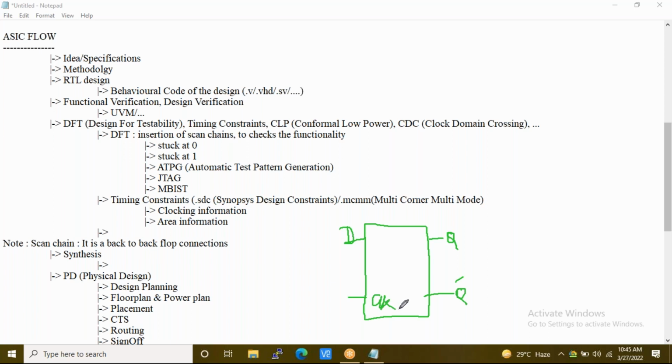There will be some more pins called reset and clear, and two more pins available: scan enable and scan input.